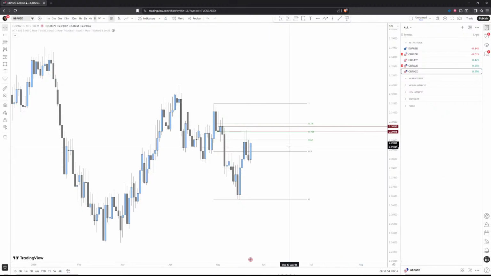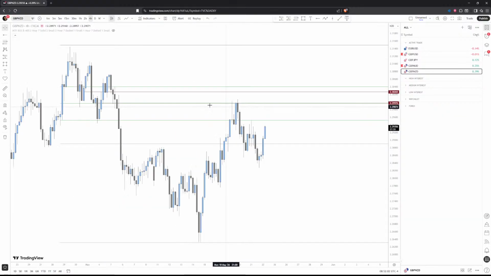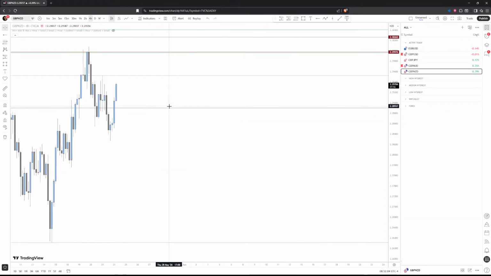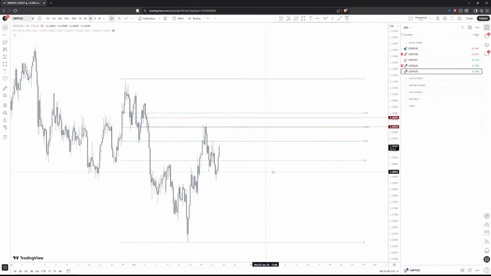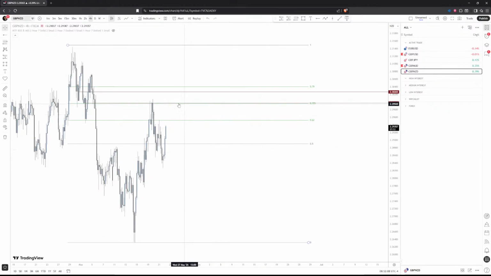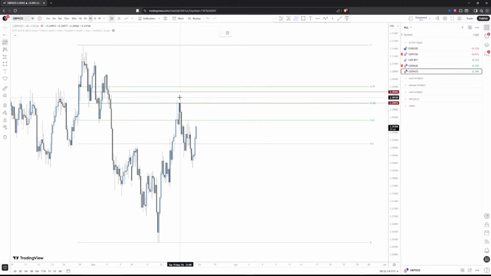So this is the equilibrium. We are at that kind of optimal trade entry, which lines up with the order block right here. So touching this, I believe it's that line. Touching the low of the fair value gap right here with the maroon and green will be the optimal place to enter a sell. If you look at the range from this to this extreme,